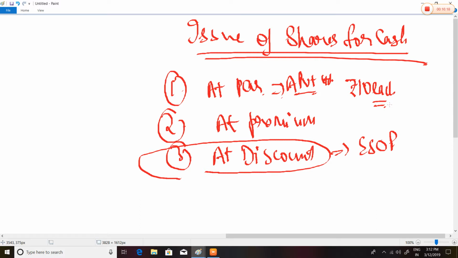Then in this case, rupees 10 is our par value. We call it par value because there is no